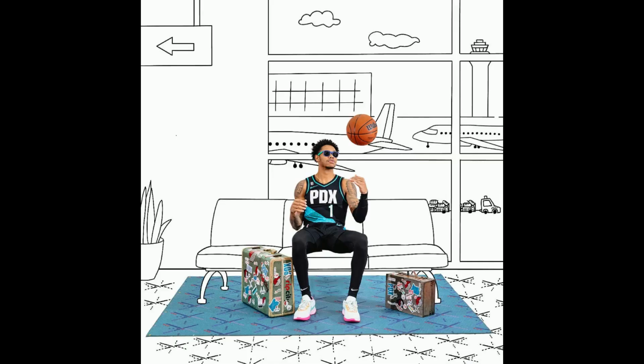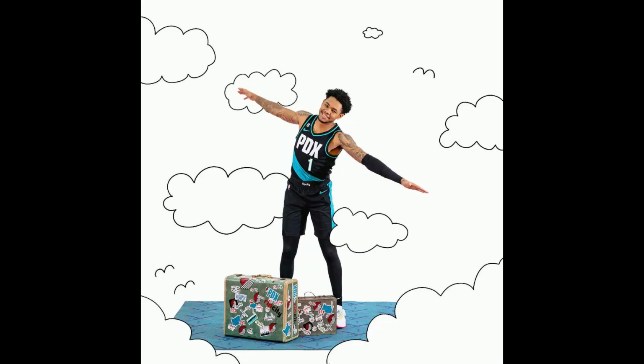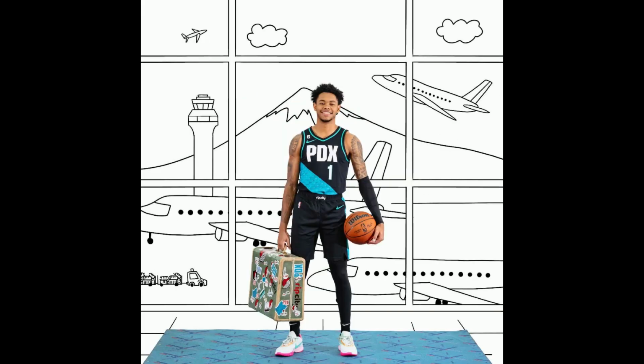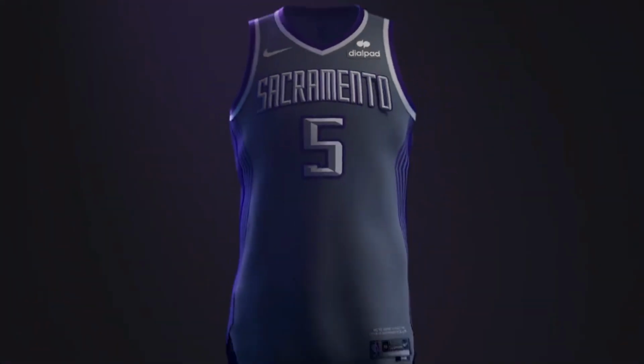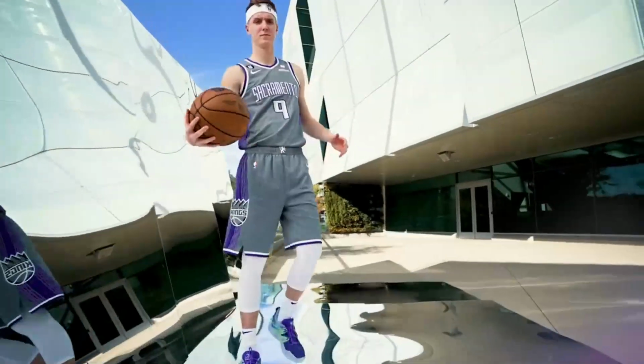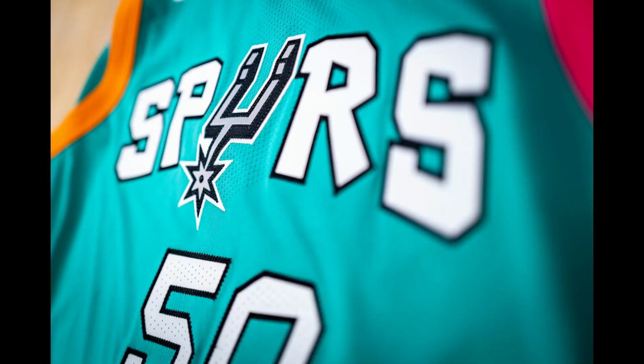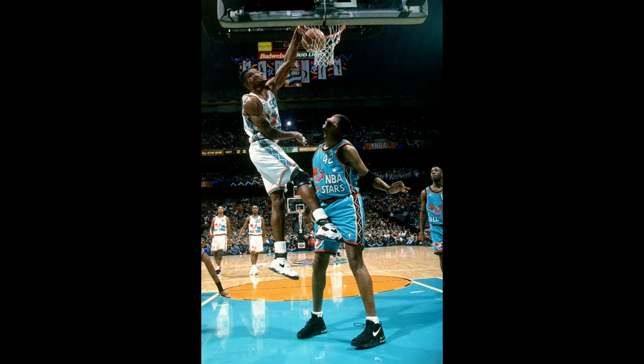The Portland jersey is celebrating PDX, which is the Portland Airport, and apparently this has been a long requested theme over the years. The Sacramento Kings honors the 10th anniversary of the franchise staying in Sacramento, and all the fans and everyone sticking by them. The San Antonio Spurs is a tribute to the 1996 All-Star Game uniforms that were originally inspired by